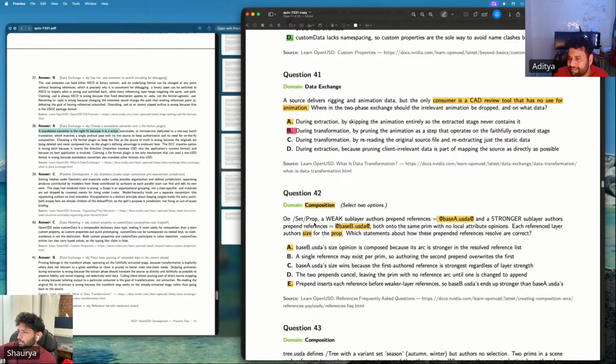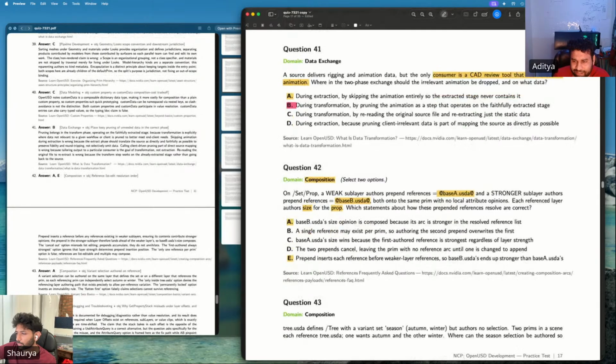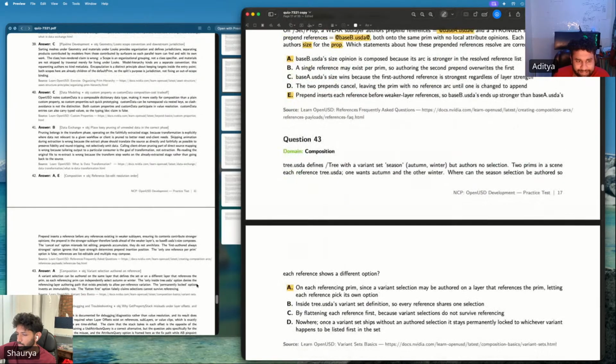Okay, 42 was correct, I think. Yes, 42 is correct. It was easy as well. 43 is correct as well. My God. Tree.usd defines slash tree with variant set season, autumn and winter, but authors no selection. Two prims in the scene each reference tree.usd, one wants autumn and the other one winter.